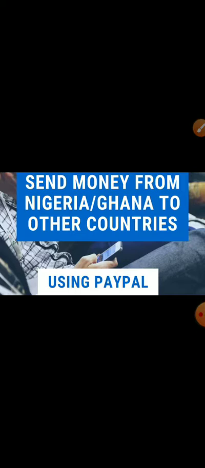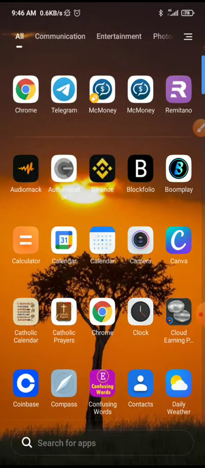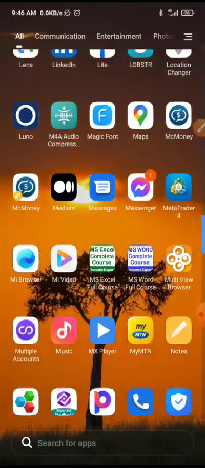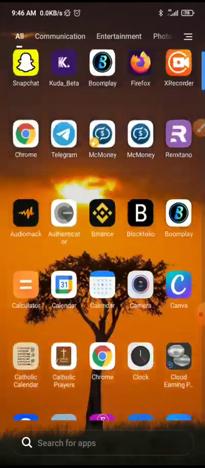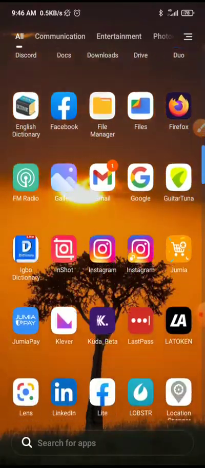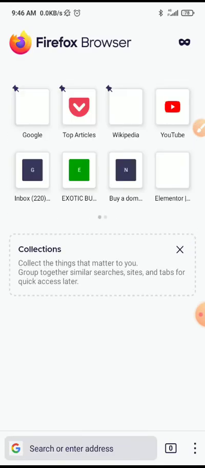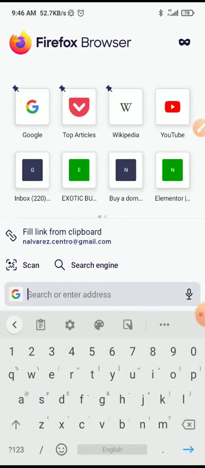So for you to be able to create an account that can perform both functions, all you need to do is first go to your browser. You can use Chrome, it is better, or you use the Firefox browser. Currently I use the Firefox browser, so I'm just going to go to my Firefox browser right now, and I am going to type the address